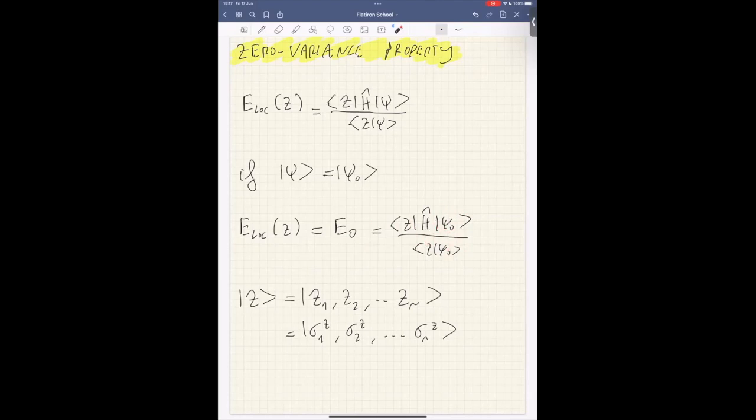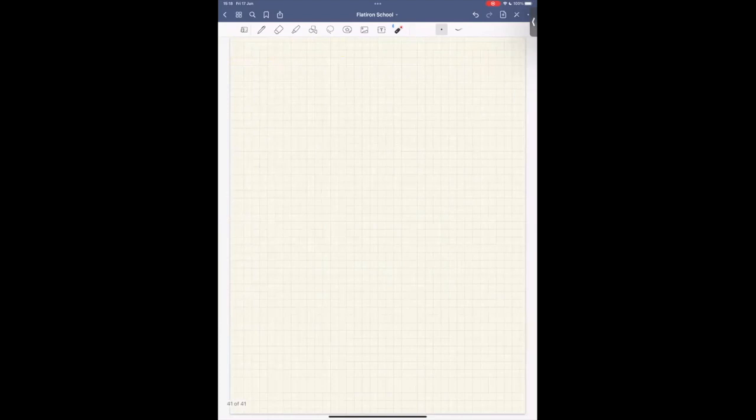In this special case, as soon as you get closer to the ground state, the dependence on Z, on the configurations that you sample in your Monte Carlo, of this local energy will become smaller and smaller. The closer you get to the ground state, the smaller the fluctuations of the local energy. Actually, we can be a bit more precise and compute the variance of the local energy,